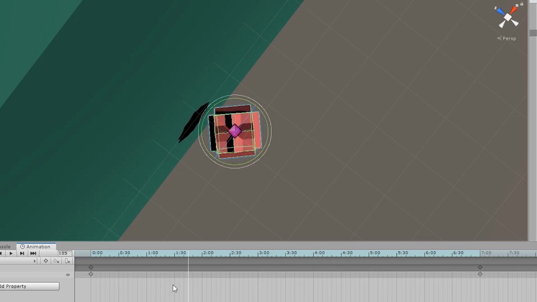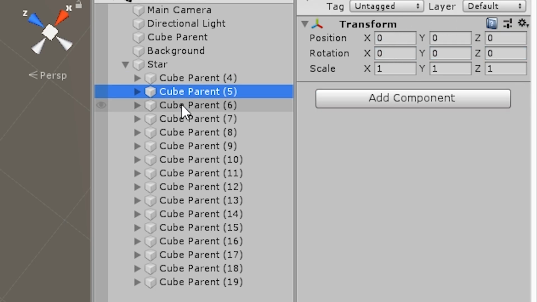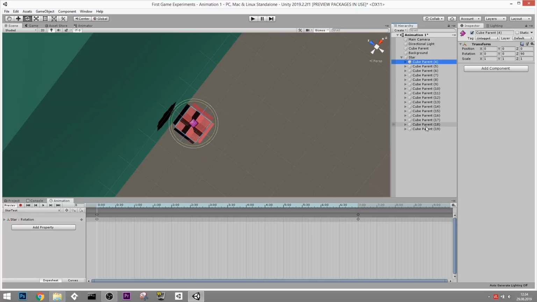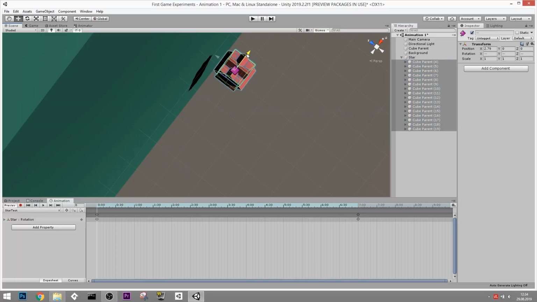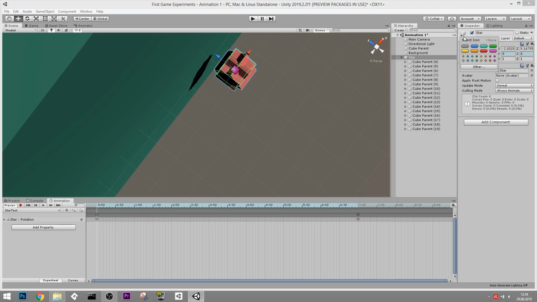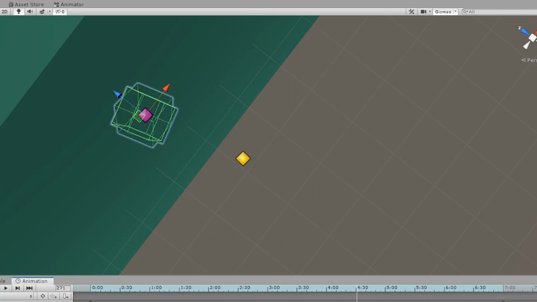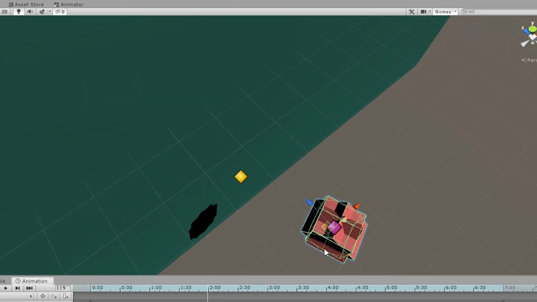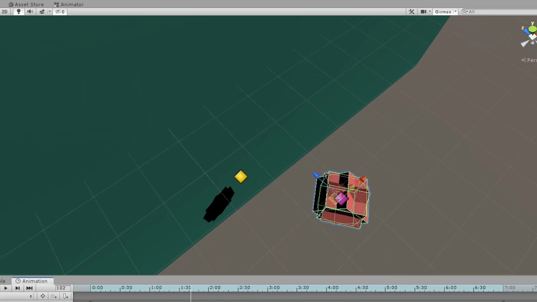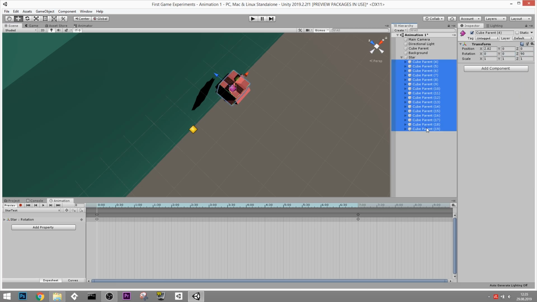And now we can see that it's rotating properly around the center, because all of these objects are actually in the center of this object, of course. If we grab all of these, move them further away, and then let's give the star here a yellow dot so we can see where it is. Of course, now if we start rotating this yellow dot and this is inside the yellow dot, then of course everything will rotate around the yellow block. So that's also kind of a technique you can use to do that if that's what you want. But if you don't want that, then just make sure